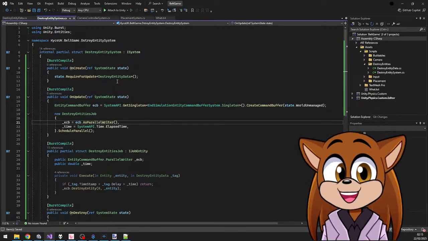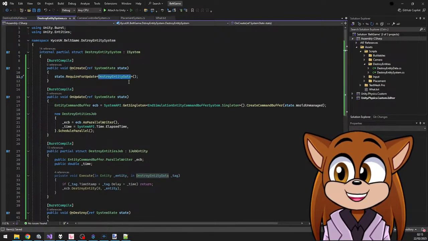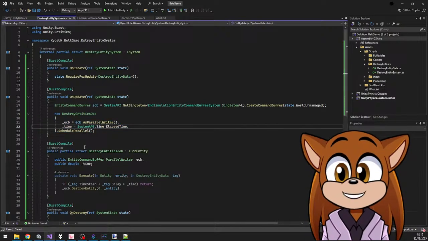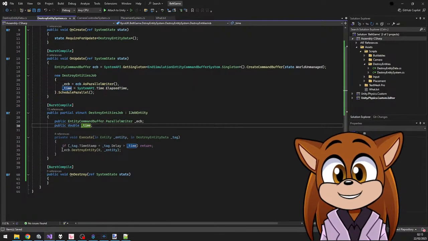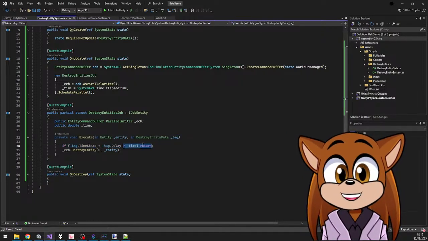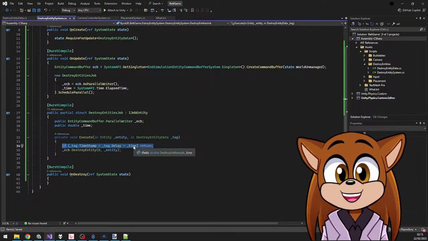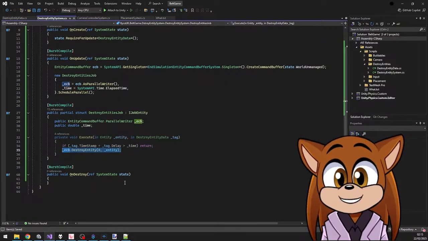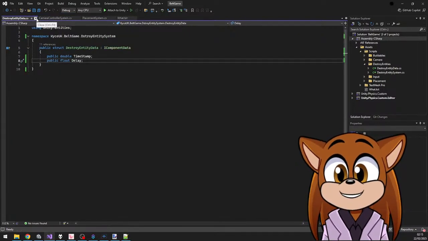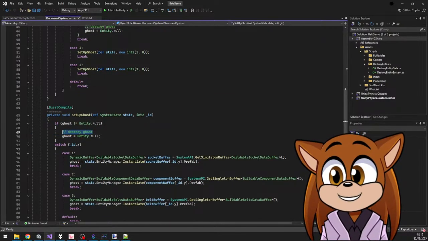So basically, if we have anything that has the destroy entity data on it, so we've added something to be destroyed, we create a new job. And the job basically goes, hey, if our timestamp plus our delay is greater than our current time, then we return. If not, that means the time has passed enough, so we destroy the entity and move on. There we go. That's a very simple thing that I can hopefully now leave and never come back to again. So in the placement system here, I want to go